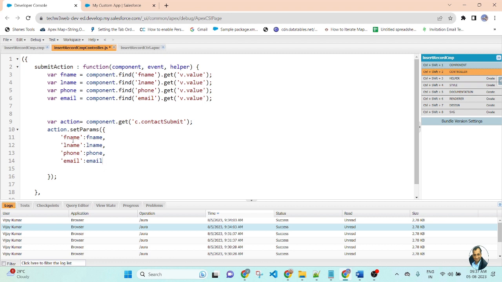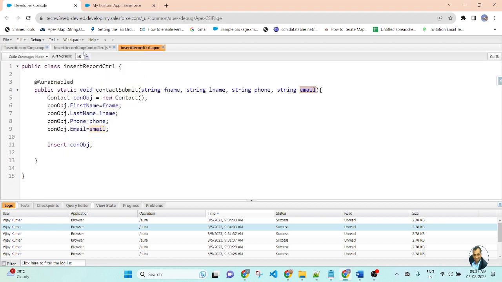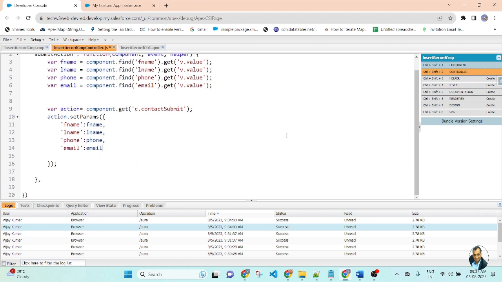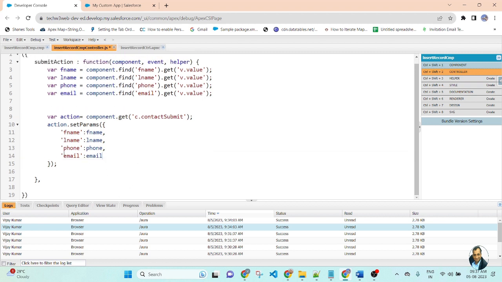So friends, the left hand side is a parameter of the Apex class method, and the right hand side after the colon is a value. So I am passing the values dynamically. In the last parameter there is no comma.